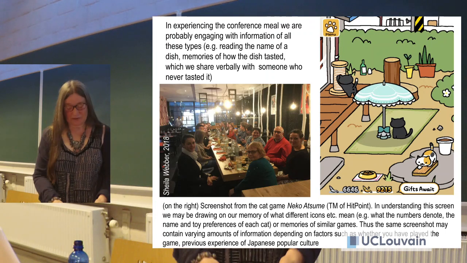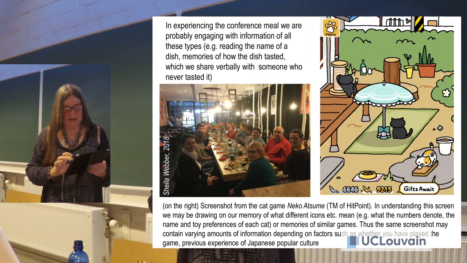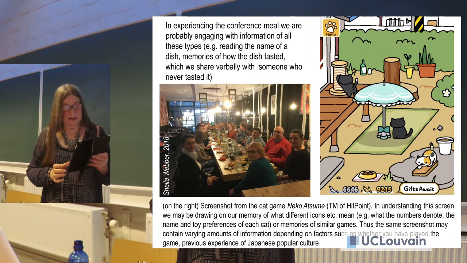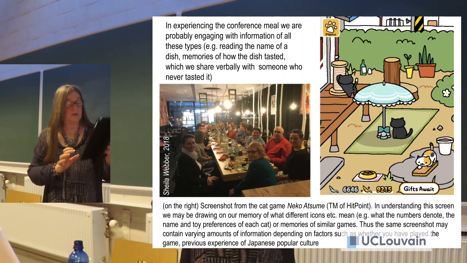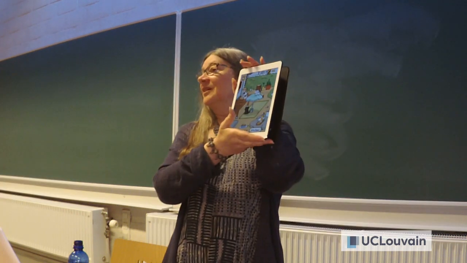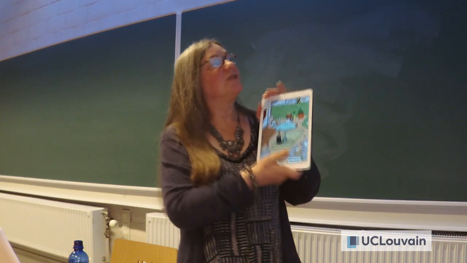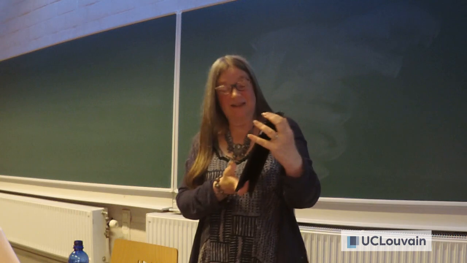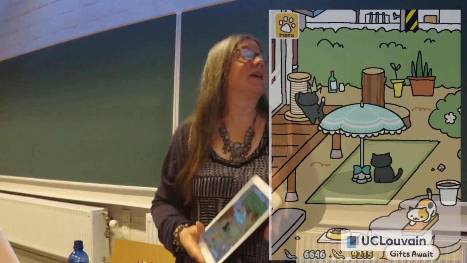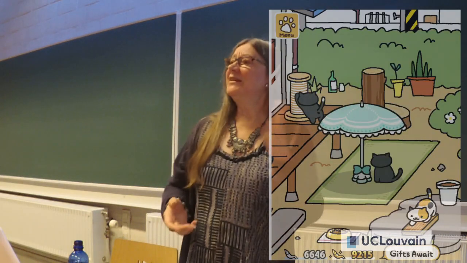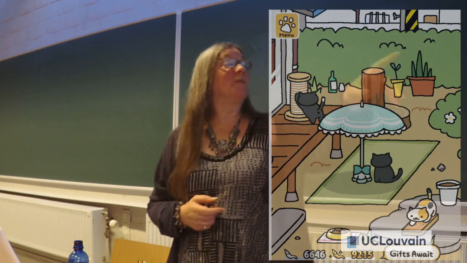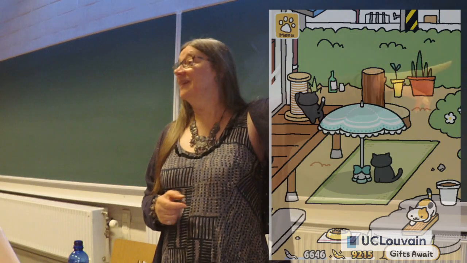And it's a cat game I referred to before. I might just try and bring it up. You might be able to see one of them's moving at the moment. It's squashing. There's not a lot of difference between a screenshot of Neku Atsume, which is the name of the game, and just looking at cute cats. But is there anyone in here who plays it? Ah, yes. So you probably know the significance of the thing in gold and the thing in silver,